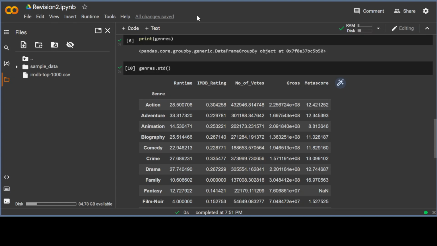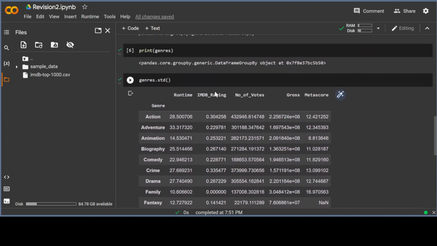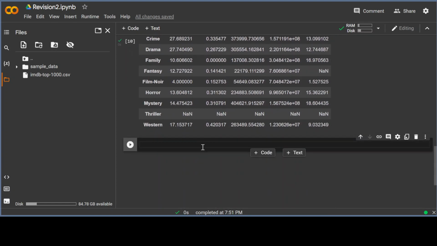Okay. So this is how, like I told you, standard deviation. So let's do some questions. Now I want to find the top three genres by total earning, or you can say from the gross, whatever gross they had. So what we will do is we will do movies dot